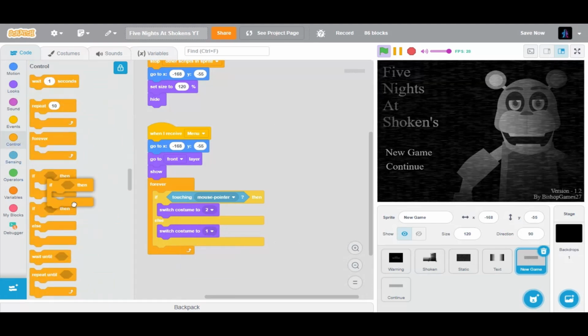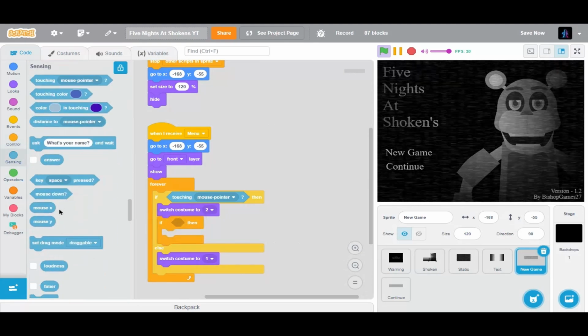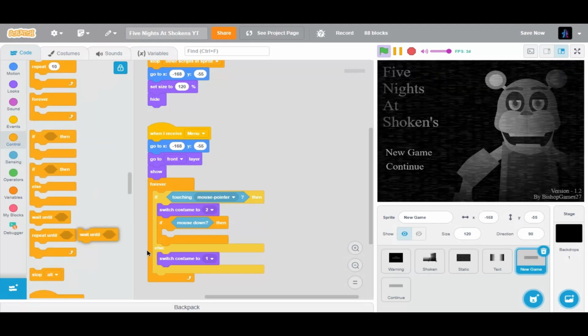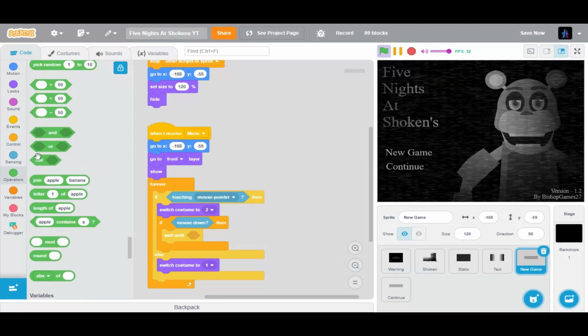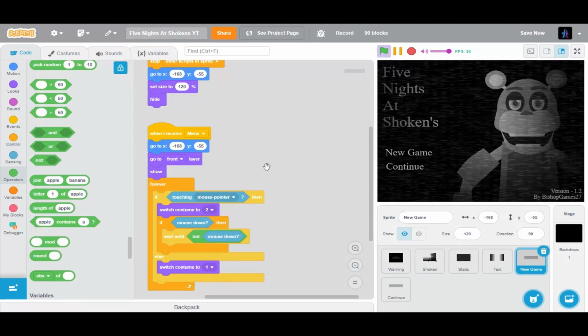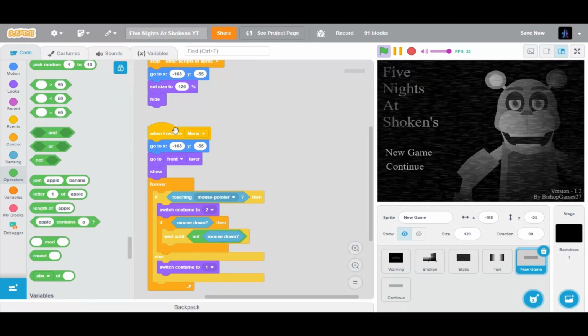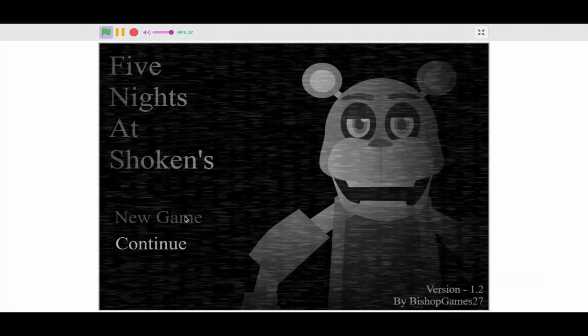And when we first check, after that we'll check if mouse down, wait, we'll add a wait condition box, and we'll put not mouse down. Okay, so yeah, let's see. Okay, so it works,